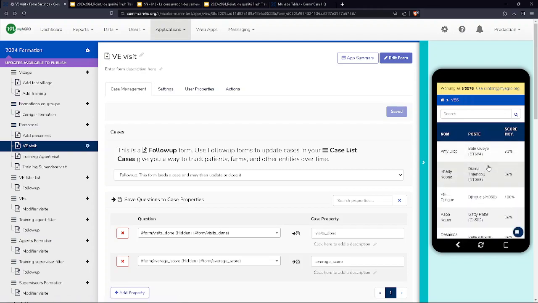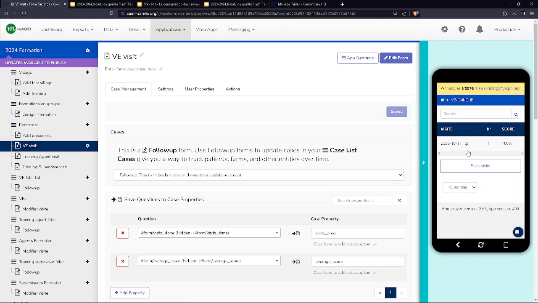Could be that somebody else filled out these forms. But anyway, here's somebody where now I've picked a V, and now I'm seeing a different case list. This is visit TR 2024. And I've got one visit recorded. So there's one visit on the visit case list associated with the V, the personnel case record that we just selected. So if I were to hit this button,